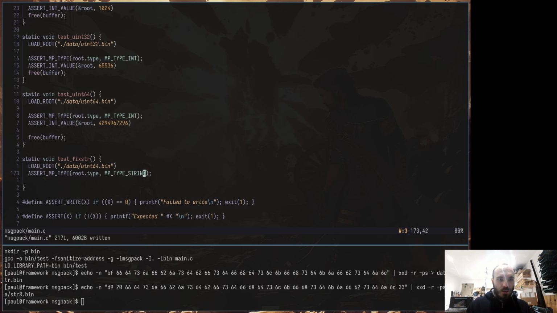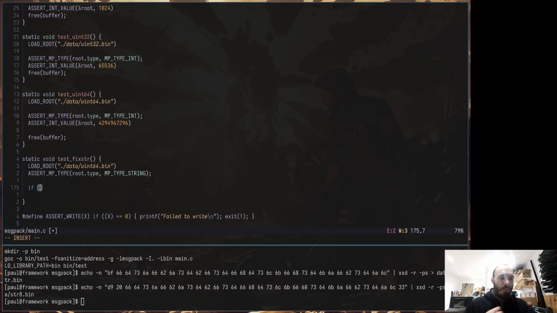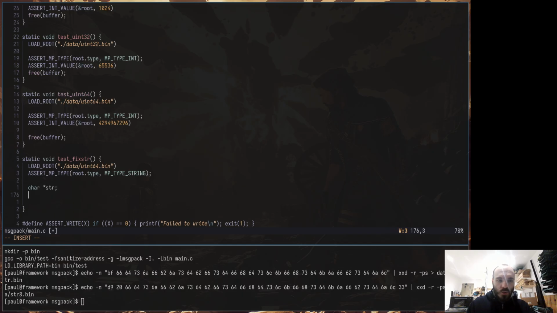Interesting, that comes up. And then finally I've got assert int value. So first of all, I'm going to need a char pointer str, and then do mp read string of root and str,